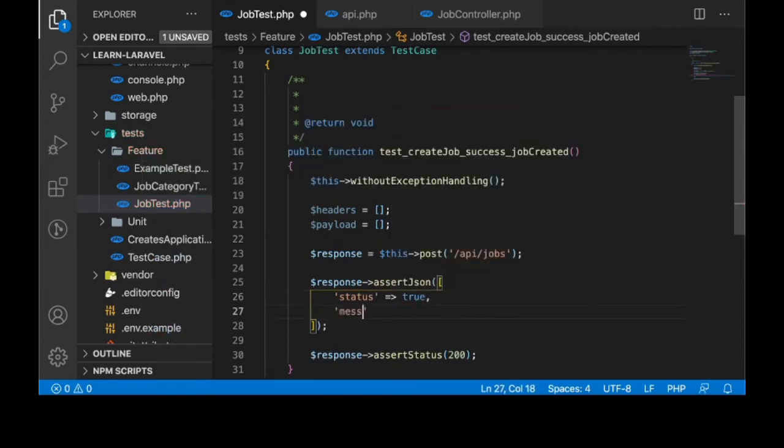Message to be job created, and the data, this will give us the job that was just created. So data we have,